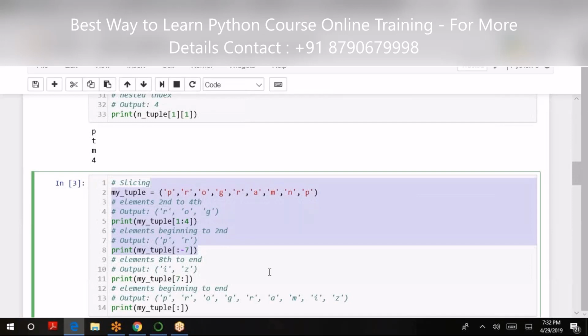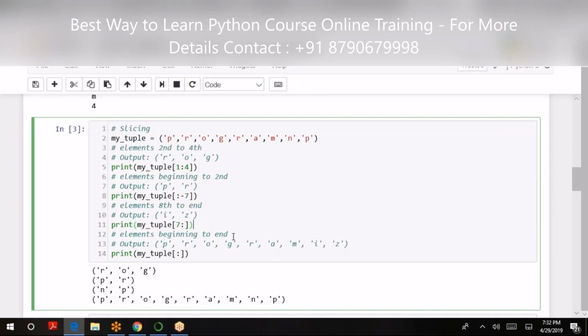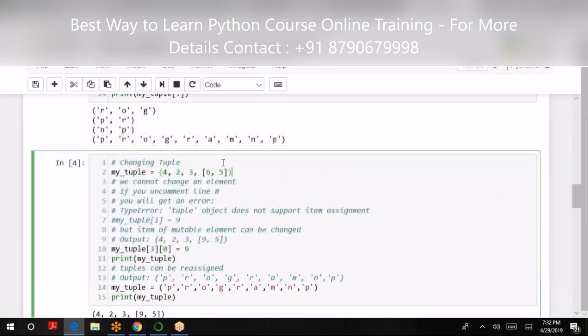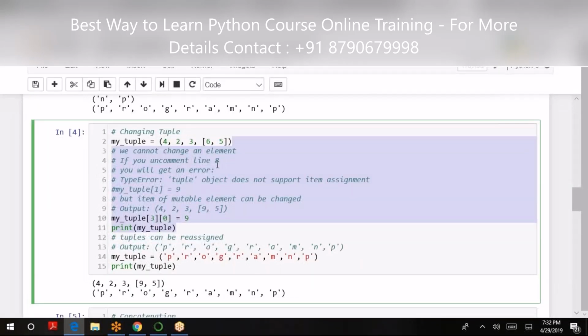Slicing, that is passing the range of values to be displayed or extracted. Again, that can be assigned to another tuple also. So I can say my tuple 1 comma 4 is equal to new tuple. So like a subset also can be generated.